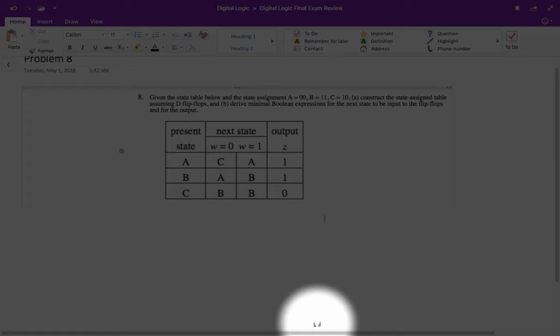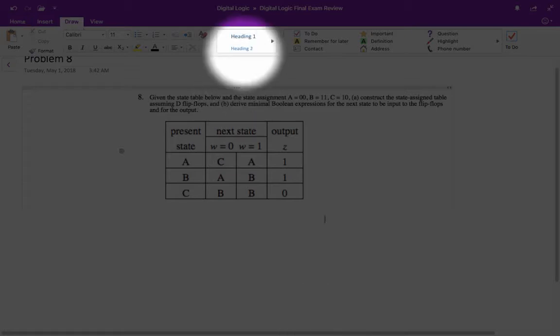If we look at this machine, we can see that the output depends only on what state it's in, and when the output depends only on what state it's in, it's a Moore machine, because the output does not depend on the input. So we are going to change the state table to a state assigned table,